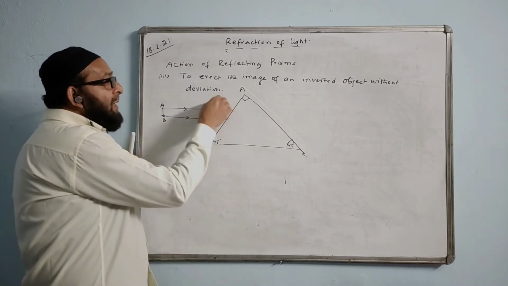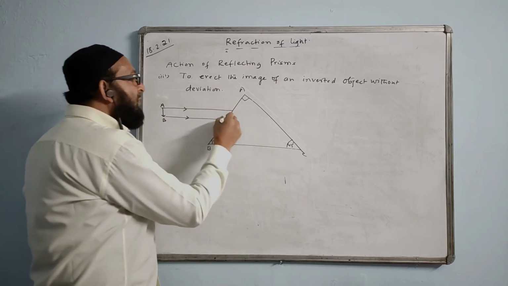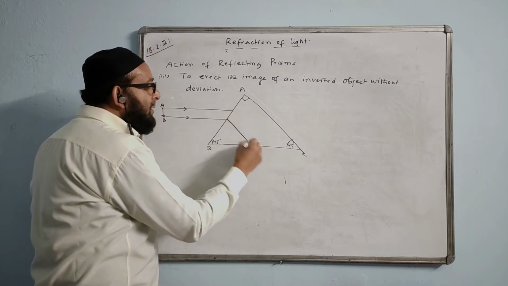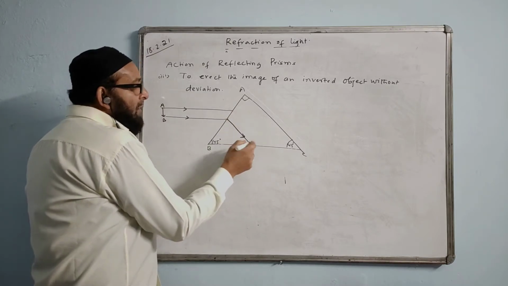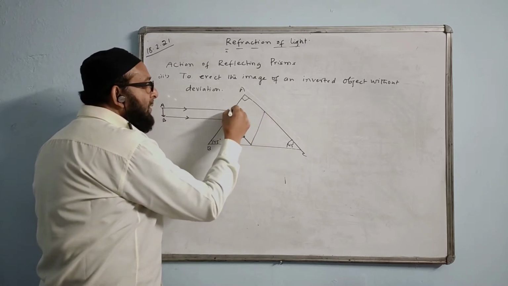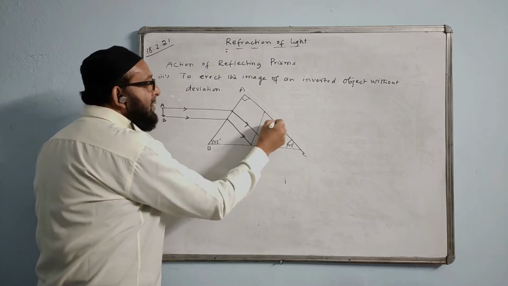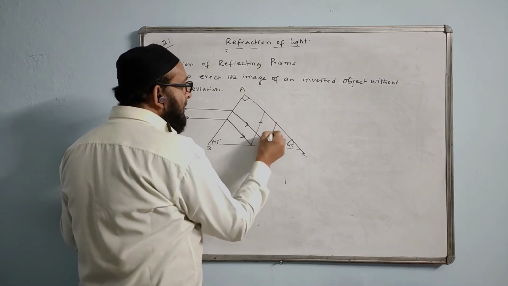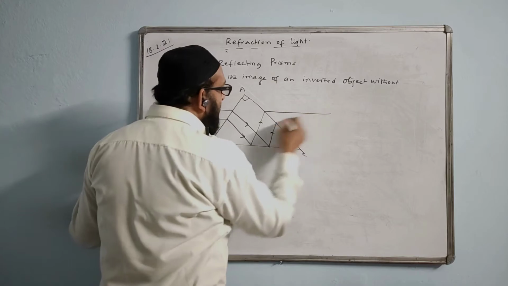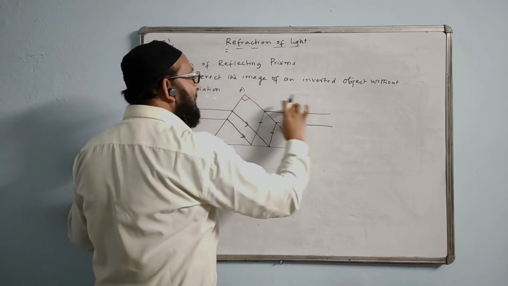These rays are not coming at normal. This one is not making an angle of 90 degree with the surface. That means the ray will be bending like this. The ray will go like this. And the lower ray will pass through the upper line. And the upper ray will go parallel like this and it will touch the lower line like this. This ray will be coming over here. This ray also will come over here. The same line only will come.